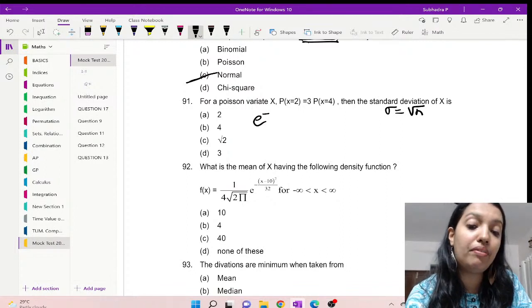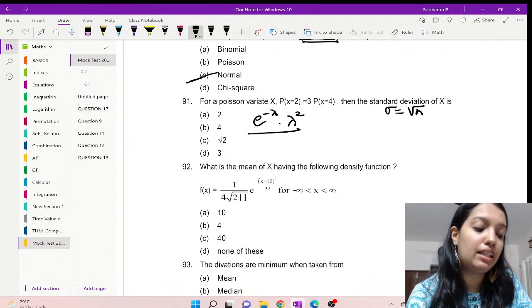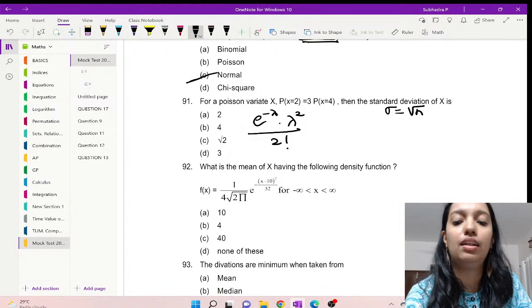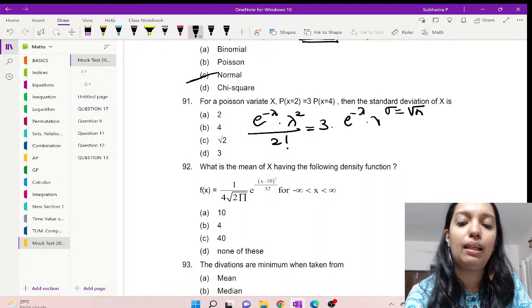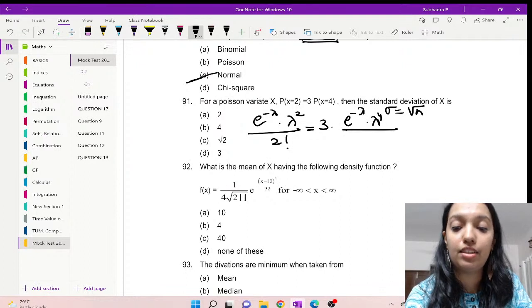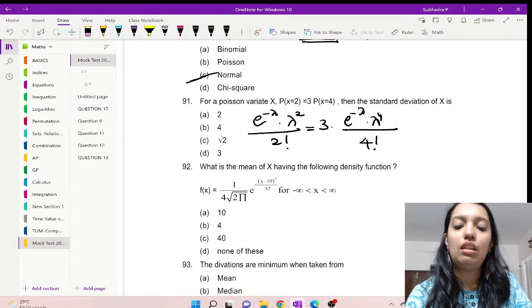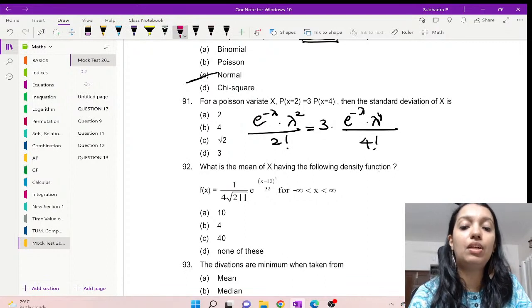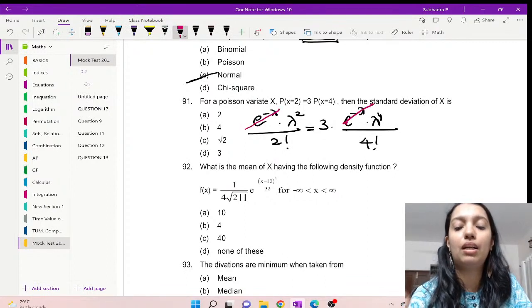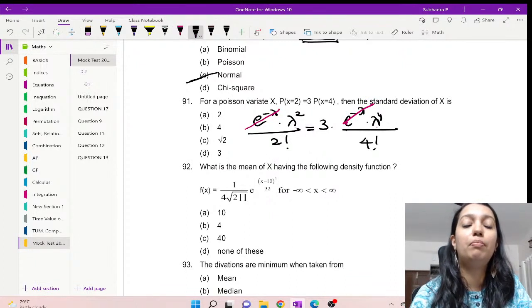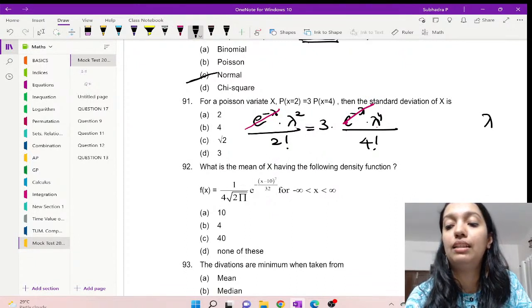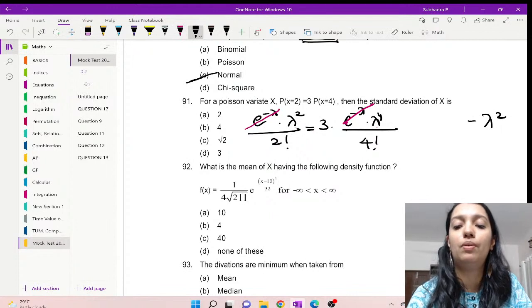It is e power minus lambda into lambda power x divided by x factorial, is equal to 3 into e power minus lambda, lambda power x, x here is 4, divided by 4 factorial. Now, can we cancel? E power minus lambda gets cancelled. Lambda power 4 divided by lambda square. So you will get lambda square is equal to